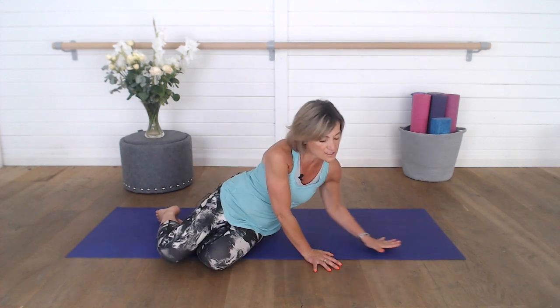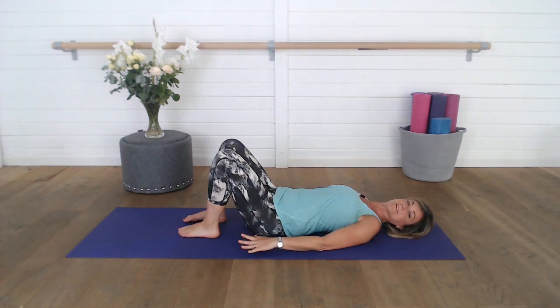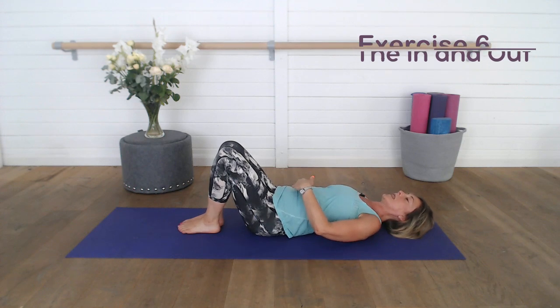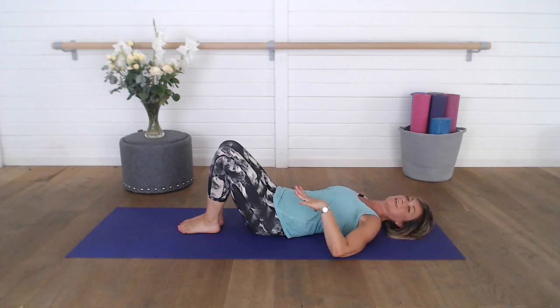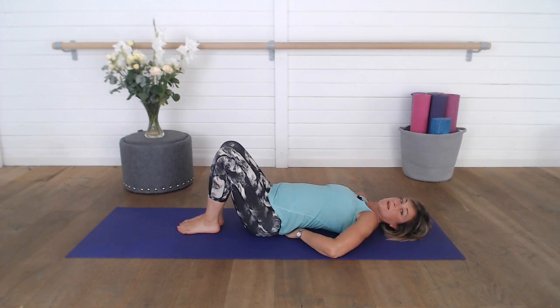So we're going to start lying down onto our back, knees are bent and feet are flat to the floor. From here, we're going to just walk the feet together, the knees are together, and then we're going to breathe in, let the belly button rise, and as you breathe out, bring your belly button down. And allow your lower back to sink into the floor or the mat underneath you, so that you're avoiding arching